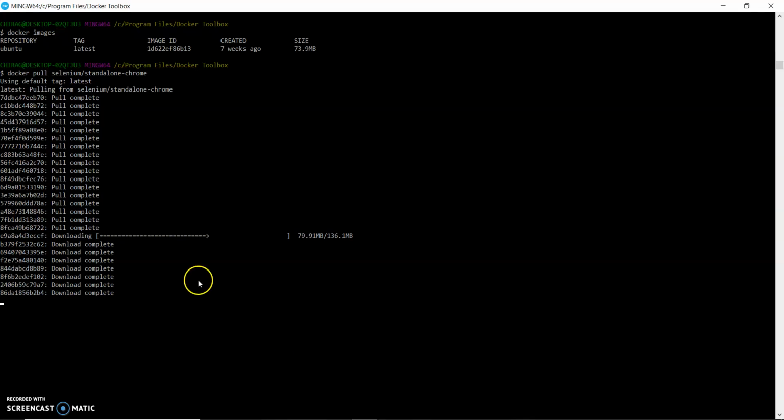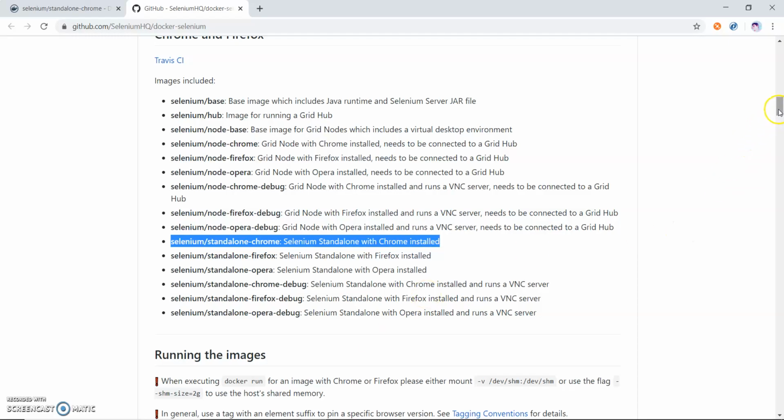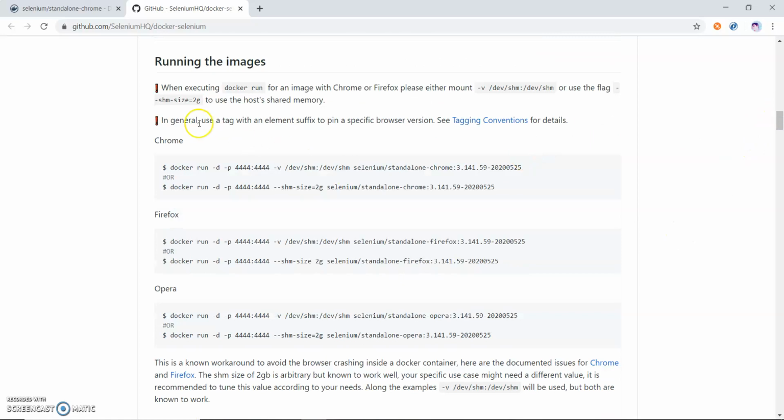Let me check, it is still installing. So I will look at another thing: how to run the Selenium Docker images in a container. They also provide the command. You can see there is the -v option. They say that when executing Docker run for the Chrome or Firefox image, please mount either this or this.